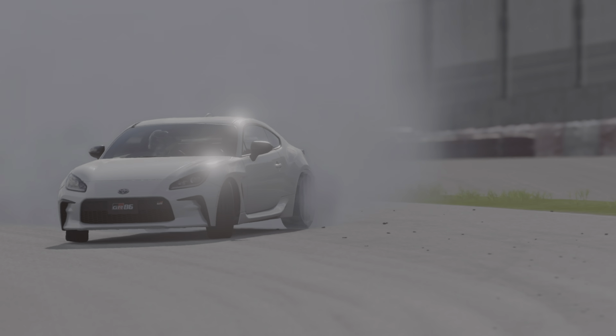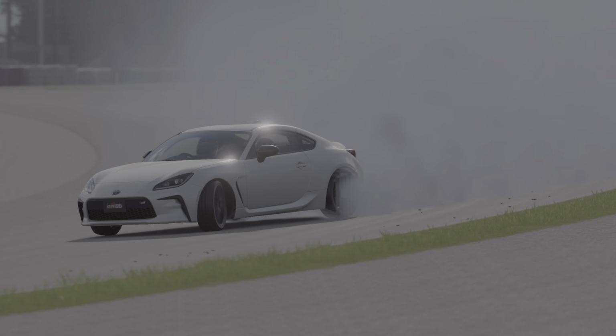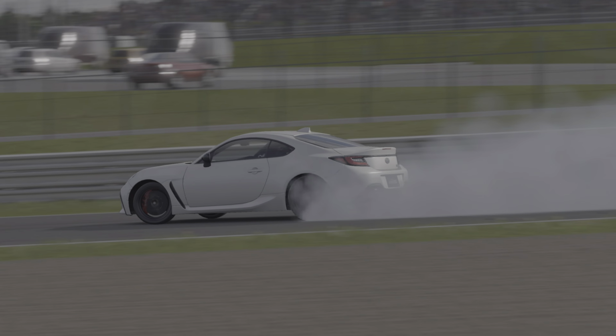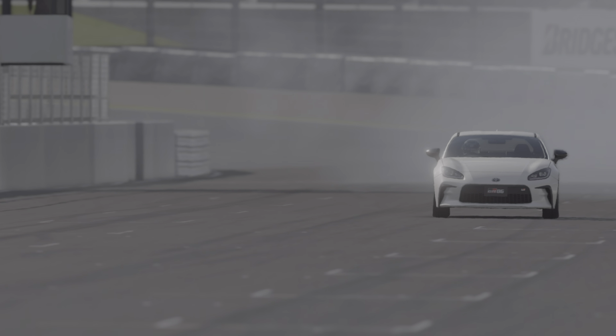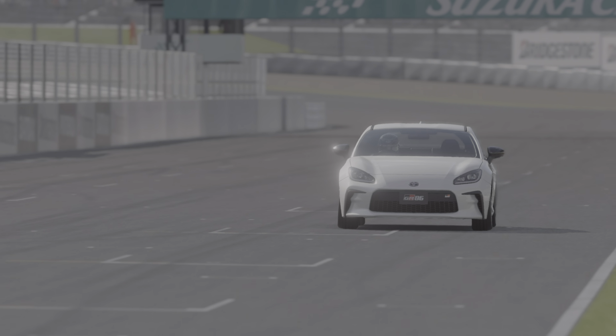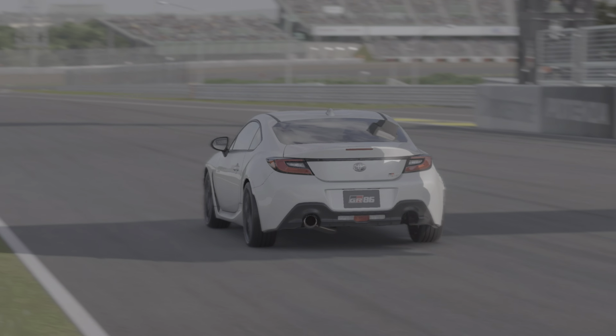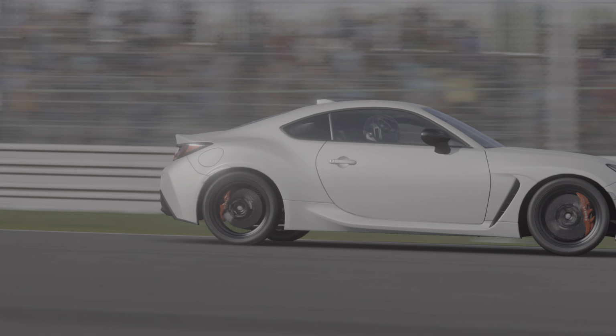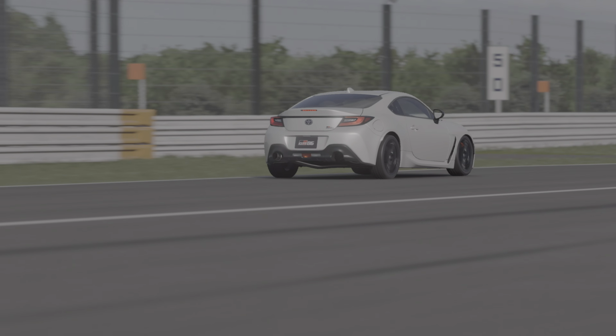With a properly tuned LSD, it can be adjusted to unlock when you release the throttle, offering faster and smoother transitions. For those looking to advance their tuning, we will now dive deeper into understanding the LSD. This tuning is make or break with drifting, so getting it right is crucial. If you have tried tuning your LSD and haven't had the best results, then this explanation should help you understand